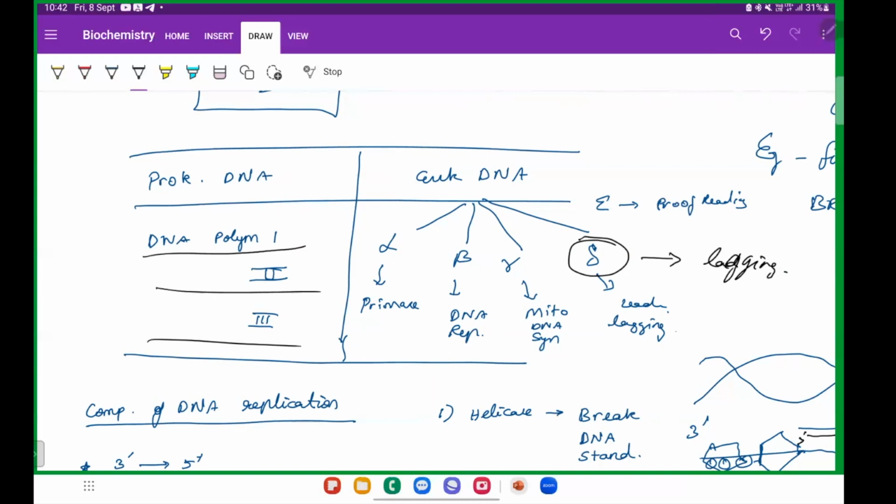Okay, so eukaryote, prokaryote, your polymerase 1 and polymerase 3. Polymerase 1 is going to go for the Okazaki fragments. Polymerase 3 is going to go for the normal DNA replication. But in humans, delta is the one that is going to help both in leading strand as well as lagging strand, as well as in Okazaki fragments. So the difference தெரிஞ்சுக்கிறது எதுக்காக அப்படின்னு பார்த்தீங்கன்னா, for a simple reason, you wanted to inhibit the bacterial replication